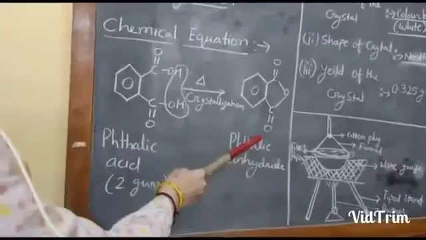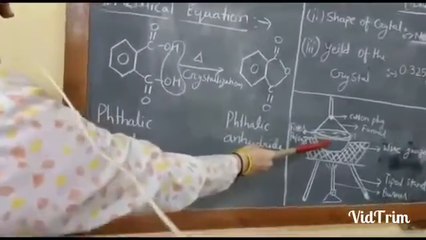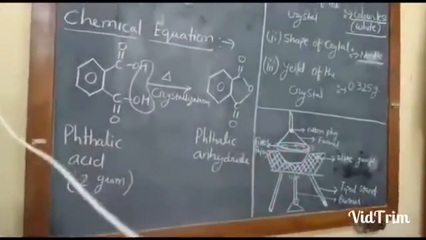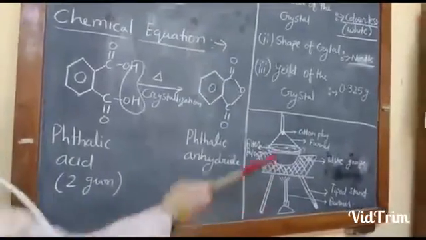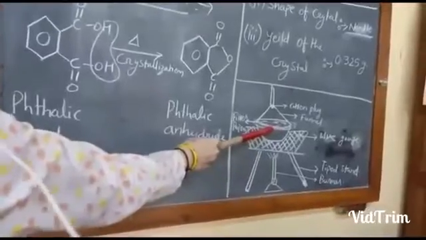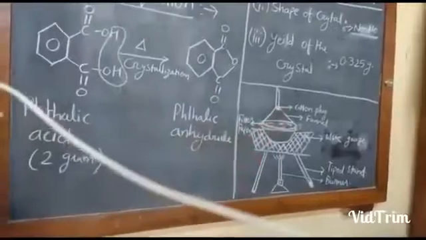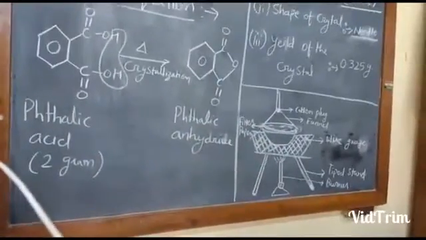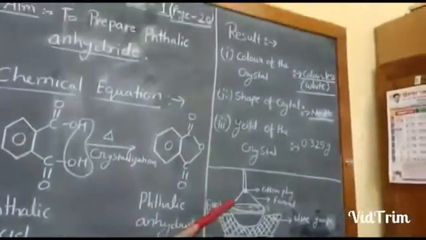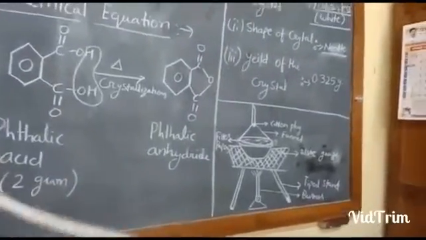This phthalic anhydride, when produced, is converted into vapors and comes out through these small pores or holes generated on filter paper. The upper part of this funnel is at lower temperature, so these vapors of phthalic anhydride get condensed on the wall of this glass funnel, and small needle shaped colorless or white crystals of phthalic anhydride get accumulated on the wall of this funnel.